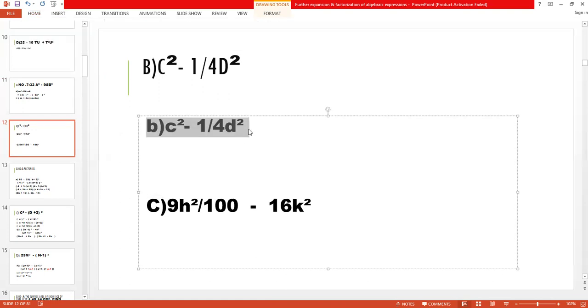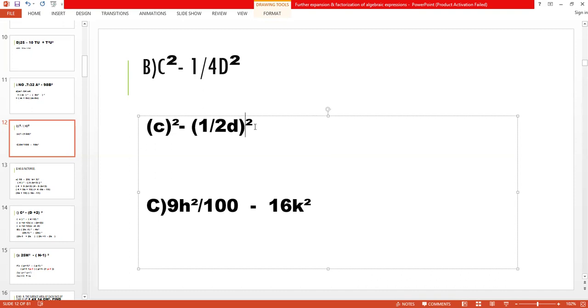Okay. Now, again, we have to take the square. Now look here at c square. C square is the square of which variable? Obviously the c. It is a square of c because c into c is equal to c square. Now comes to the second. 1 by 4. So 1 by 4 is the square of which number? In numerator, we have 1 into 1, 1, and in denominator 2 into 2, 4. So 1 by 2 d square. So the second term is 1 by 2 d and the first term is c.